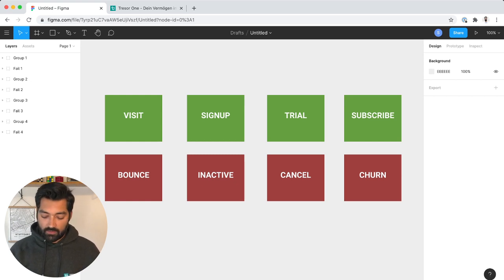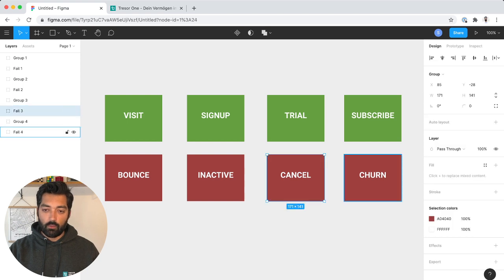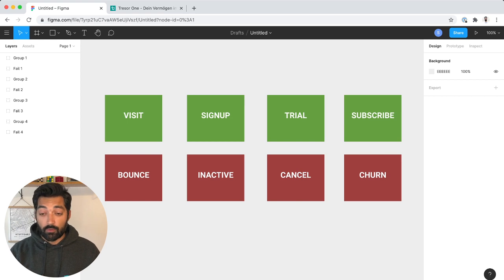If a subscriber is successful and the product adds a lot of value, there might be bigger plans they can upgrade to. So you could add a lot more steps after that with upselling and things like this. But these four are currently the major states that a user can go through on Tresor One. And this one here, churn and cancel. These are the ones that are problematic, or at least currently for me in Tresor One.